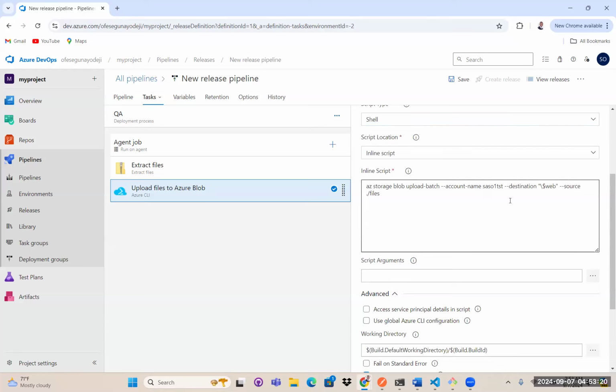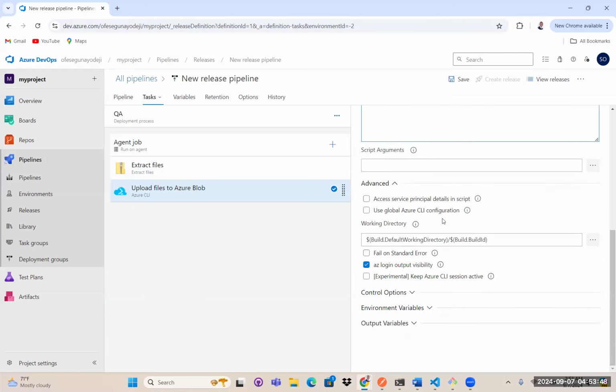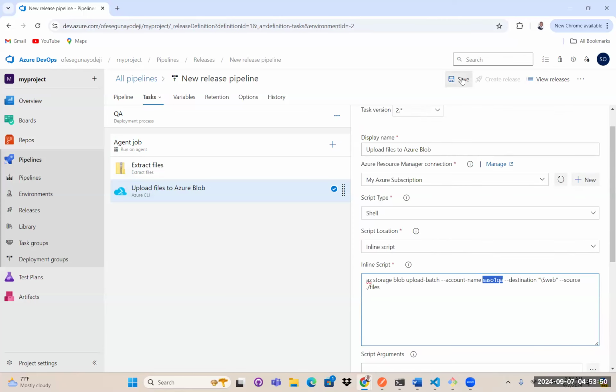So what I'm going to do here is that I'm just going to change these, look at this account name, right? So that's the storage account. So since we are in QA stage now, instead of TST, I'm going to change it to QA. Basically, this was the name of the storage account for the QA stage, right? So I think that's it for this, and then we can save,